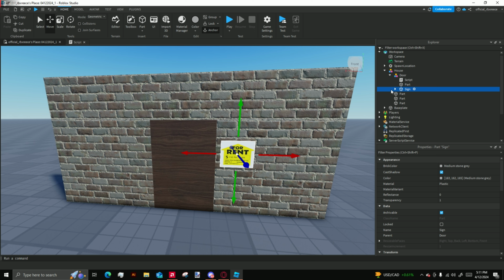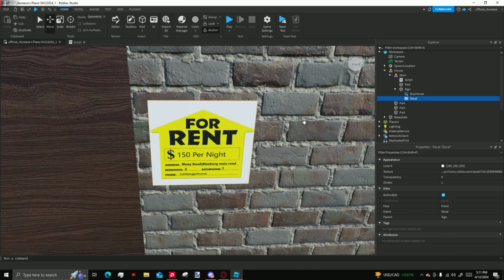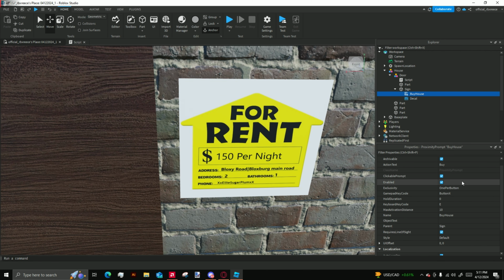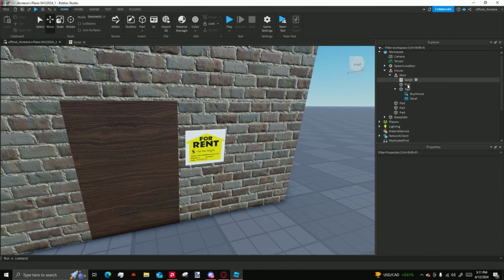So we got the sign. It's just a little simple for sale, for rent sign, and then right here we got a proximity prompt that says buy house, and that's how the person's gonna buy the house. Okay, so